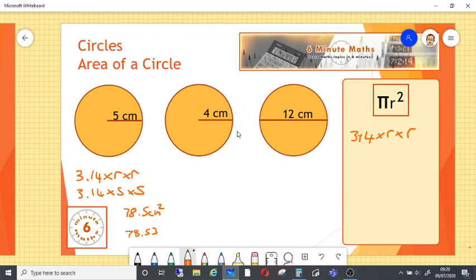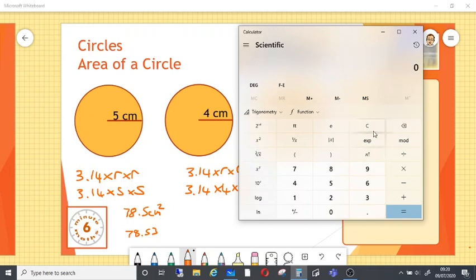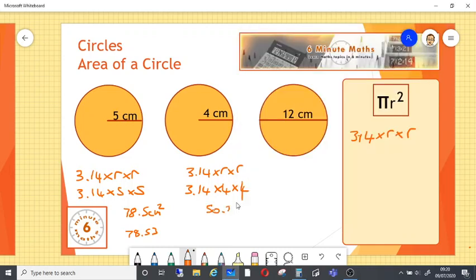All right, let's look at the second one. So the second one, 4 centimetres. So the formula, same thing, 3.14 times the radius, and the radius in this example is 4. So 3.14 times by 4 times by 4 will give us the value that we need to find. 3.14 times by 4 times by 4 is 50.24. I'll just make a note of that. 50.24